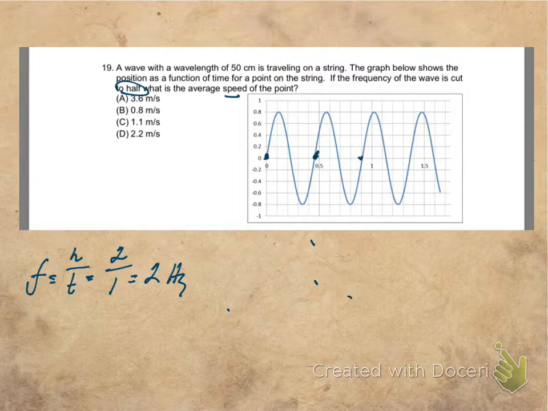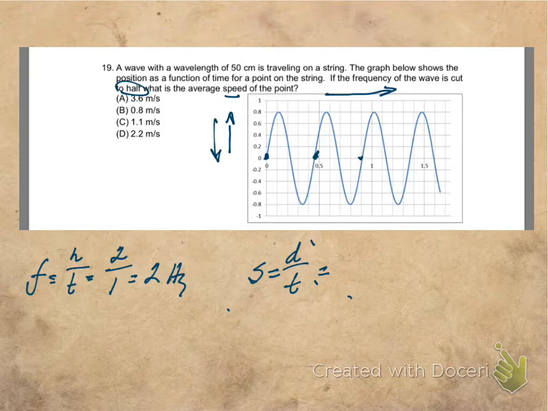All right. So now to get its speed, we can say, okay, speed equals distance over time. So the distance that the point is traveling, remember the points just travel up and down. The energy is transmitted along the wave, but the points on the wave just travel up and down, right? So now, initially it's going to travel up